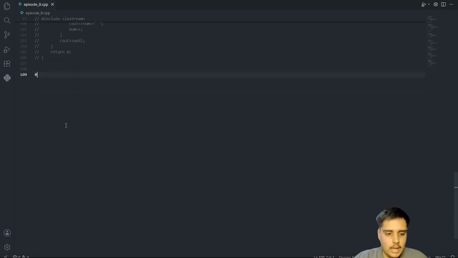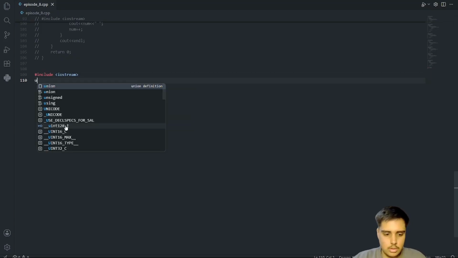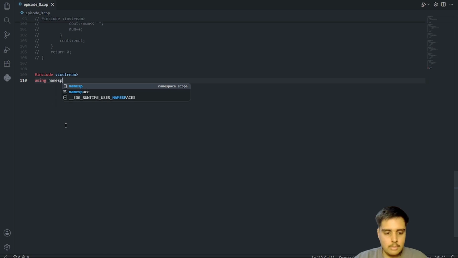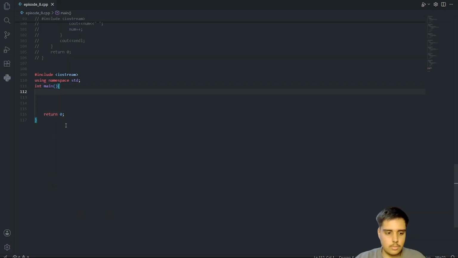I will write hashtag include iostream, using namespace std, int main, return 0. That's the basic thing used everywhere. First, now I will say int n equal to 5.